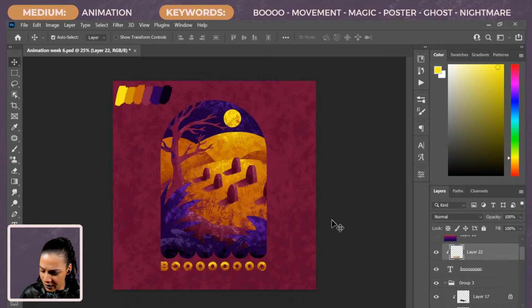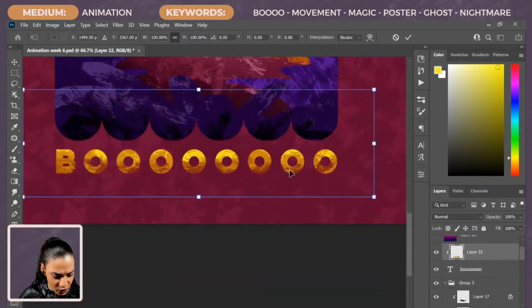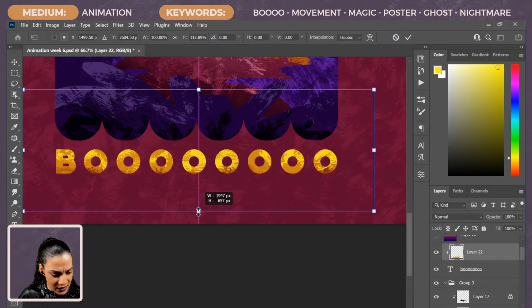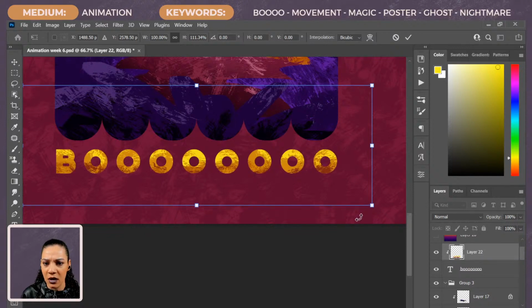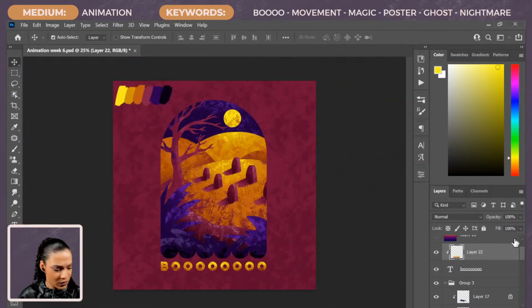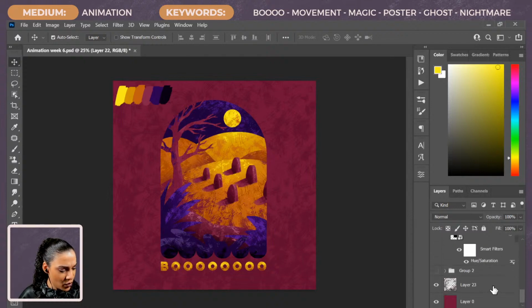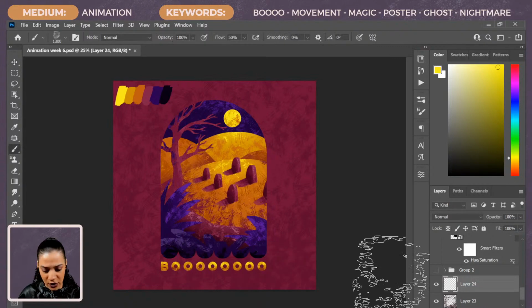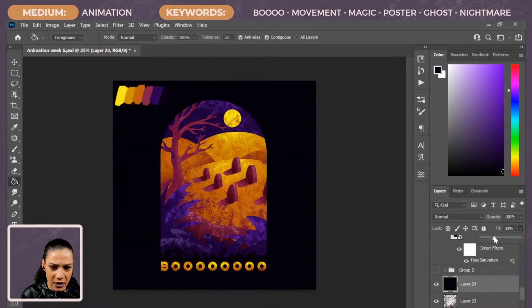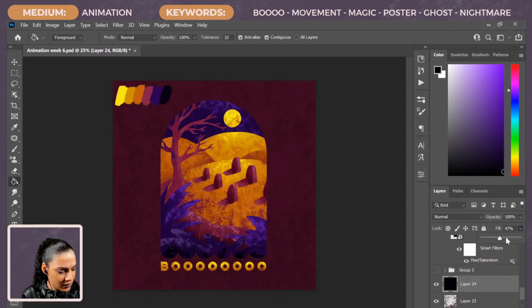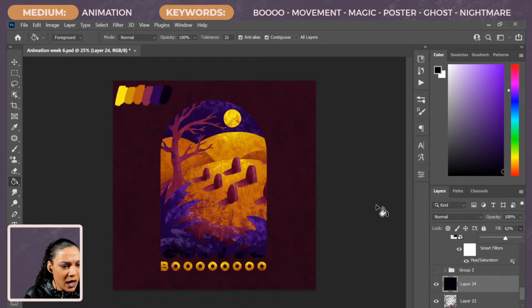Let's look at this. I'm gonna transform this vinyl scraper texture that we've made here because I want some of this bright color a little more visible. There we go, with the boo. And then maybe we will add a darker tone to this and not a brighter tone. So let's grab our paint bucket, grab the dark color, paint bucket that in and turn it on a low opacity. I kind of like that. I think we might go with that. Okay, dark background looks the best. Okay, you got it, Ahmed.